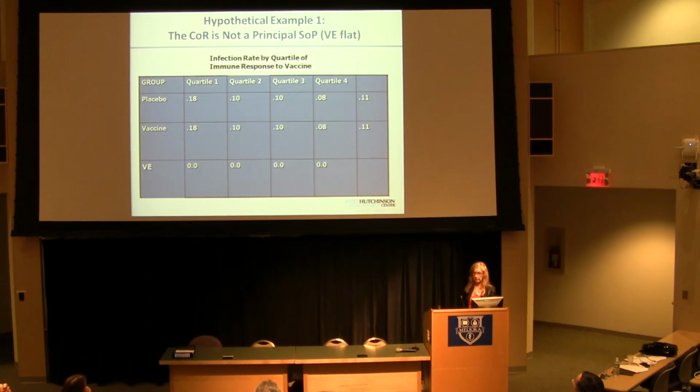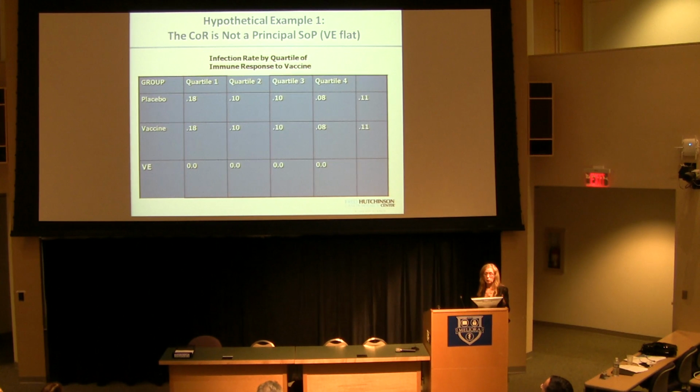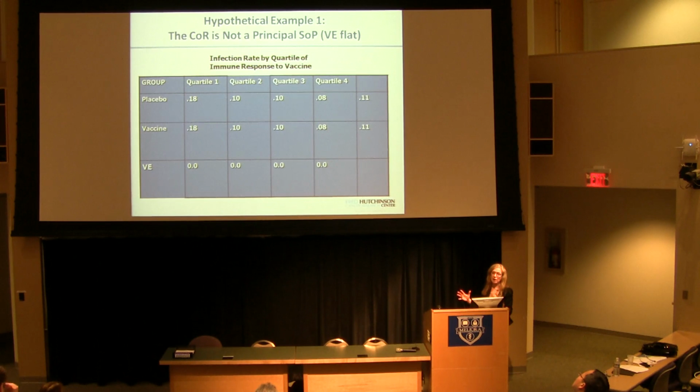So this is hypothetical example 1, where we could imagine, and this is just imagination, that we know that in quartile 1 in the placebo group, it would also be 0.18, and 0.18 in vaccine, and the same, 0.10 and 0.10, in quartiles 2 and 3, just same as vaccine, and in quartile 4 would be 0.08, and 0.11 in both groups without being broken down. Then by quartile the vaccine efficacy would be 0 everywhere. And this would mean that this particular antibody is not a principal surrogate of protection, because VE doesn't change with the value of the surrogate,